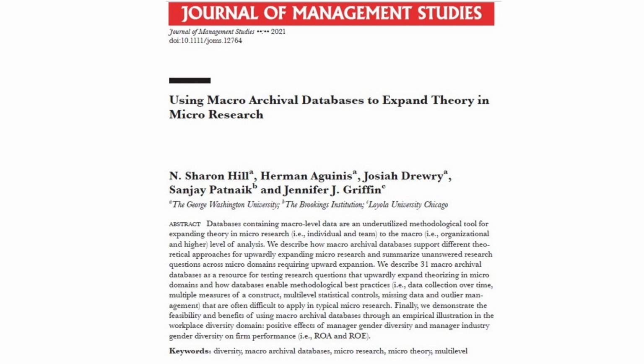I like that. And I'm guessing the more data, the more reliable the insights, right? Exactly. More data, more reliable insights, more robust conclusions. Love it. So today we're going to do a deep dive into these macro archival databases. We're going to explore how these databases help researchers take those micro-level questions to the macro level. We'll even dig into a case study on workplace diversity and firm performance. A great example of how these databases can reveal some pretty cool insights.